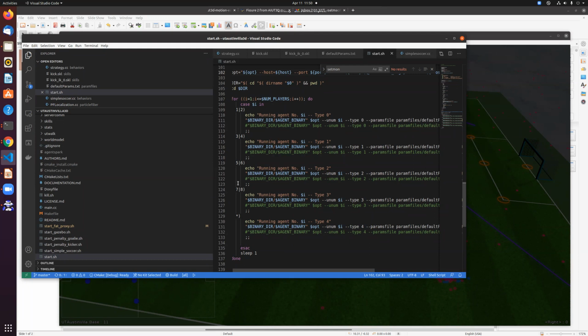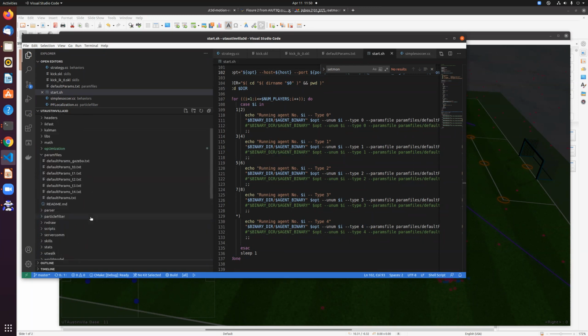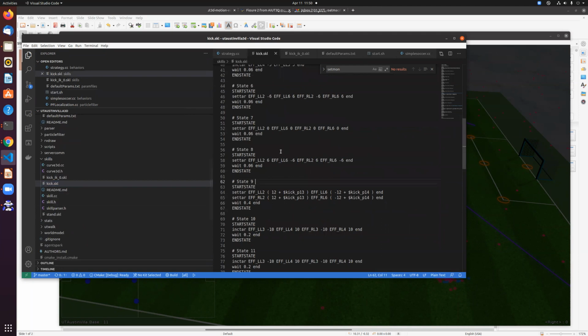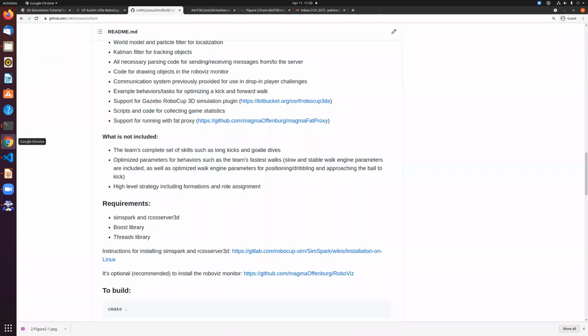First, though, real briefly, I want to mention that it can be kind of hard, if we're looking at our skill files, at least initially, to come up with some kicking behavior or something like that where you're typing in this kind of archaic format of just code of different series of poses and joint angles. It's conceptually hard to think about what the robot's going to do as you try and find just some very basic motion that can kick the ball a little bit that you might want to later learn or optimize. Now there is a third-party